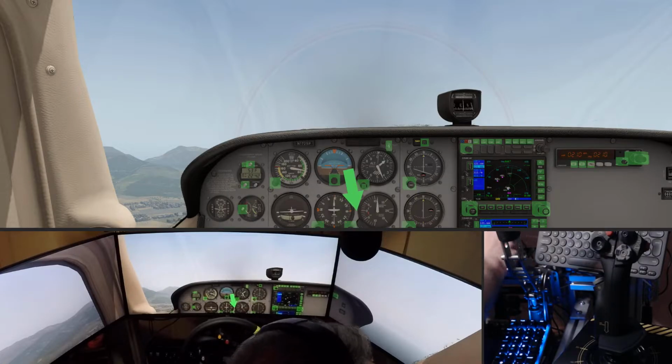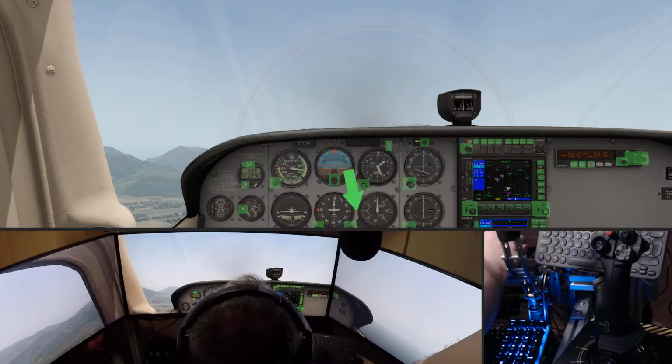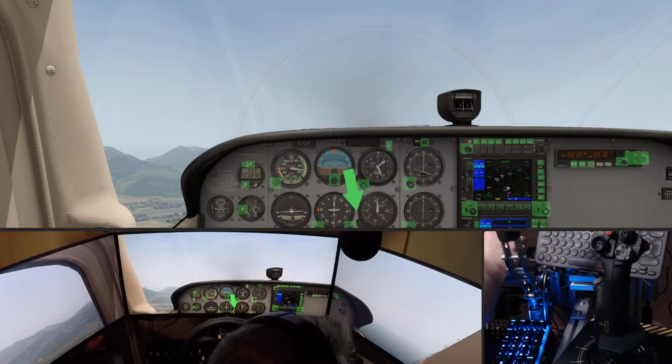This is your vertical speed indicator. It points up when you're climbing and down when you're descending. Since you want to level off here, you will want to try and keep the VSI at